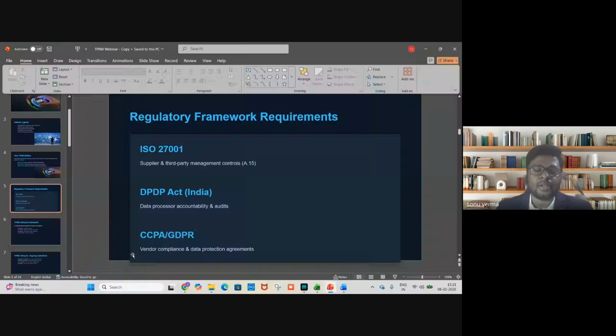If your organization has decided to give the business to or get help from a third party, and the person has not conducted the due diligence and the third party risk assessment, your company is going to be sued under the CCPA or the GDPR, and because of the violation of DPDP and ISO 27K, the penalty is very huge. And that is why, when you are deciding, yes, you need to conduct the risk assessment